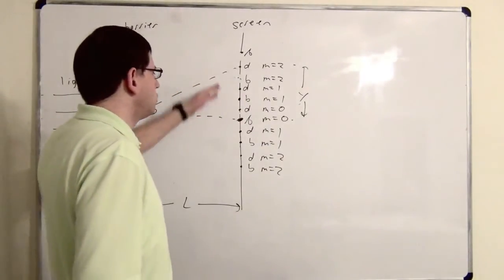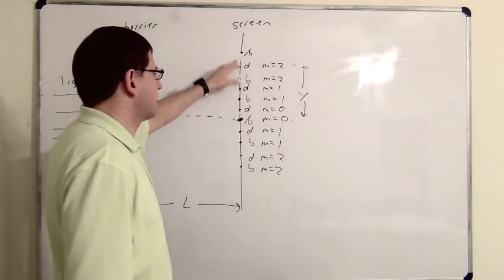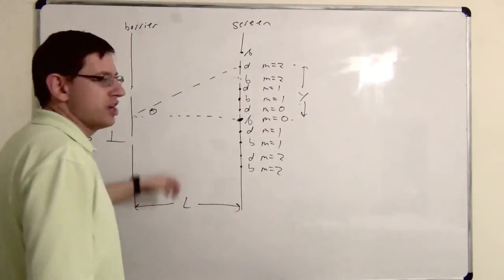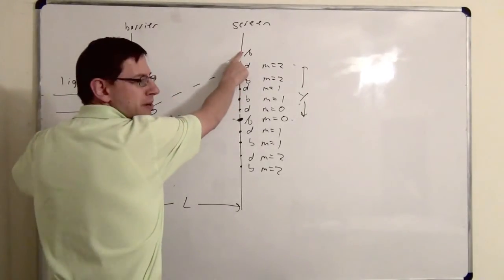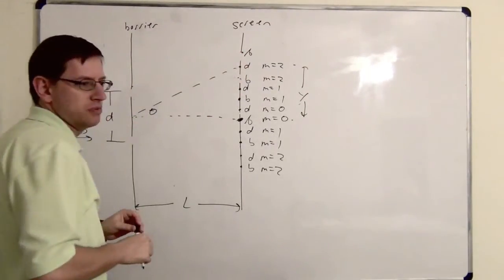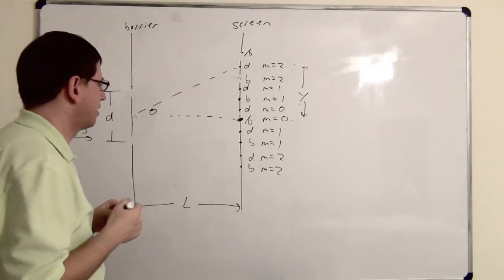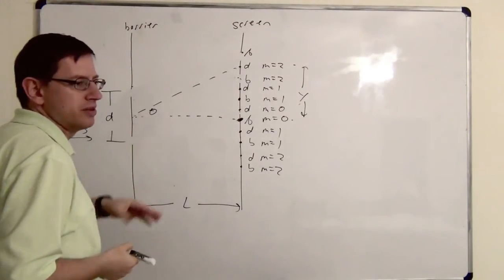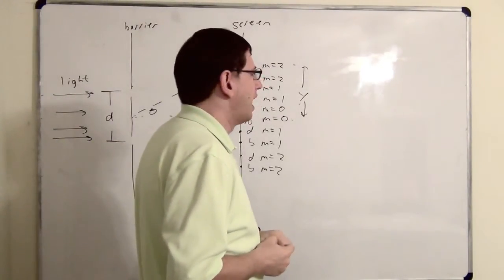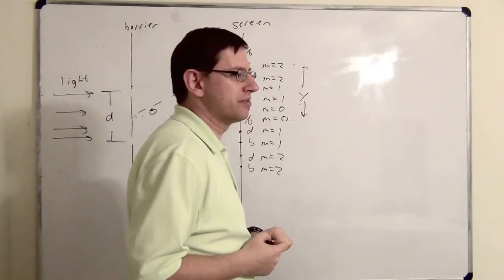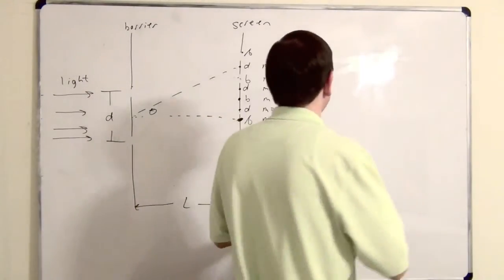So all we should do is do some math to figure out what the path length difference is for different points, and that's just a geometry problem, right? We'd have to figure out how long this distance is and compare it to this distance, and then compare that to the wavelength. What's the symbol for wavelength? Lambda. So that's another symbol that you'd often use on these problems. So the textbook does that, but the formula is a little bit tricky to prove. I don't think you'd have to prove it on the test, so we'll just say what the equation is.